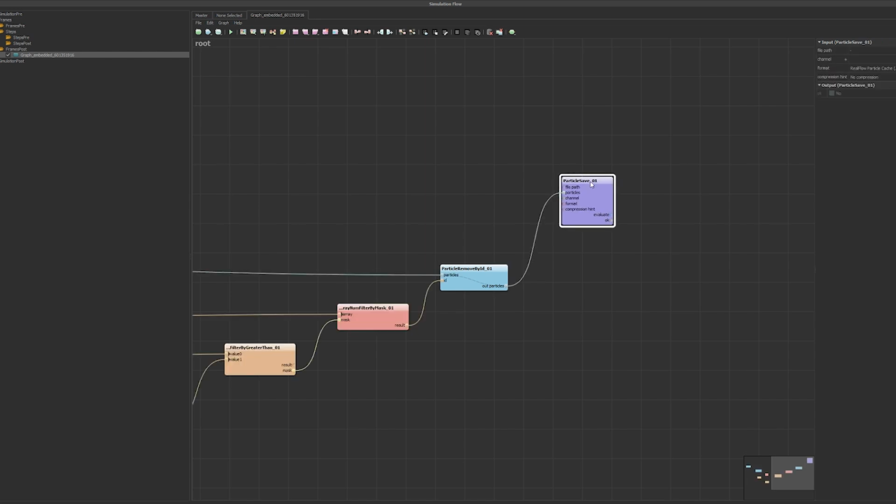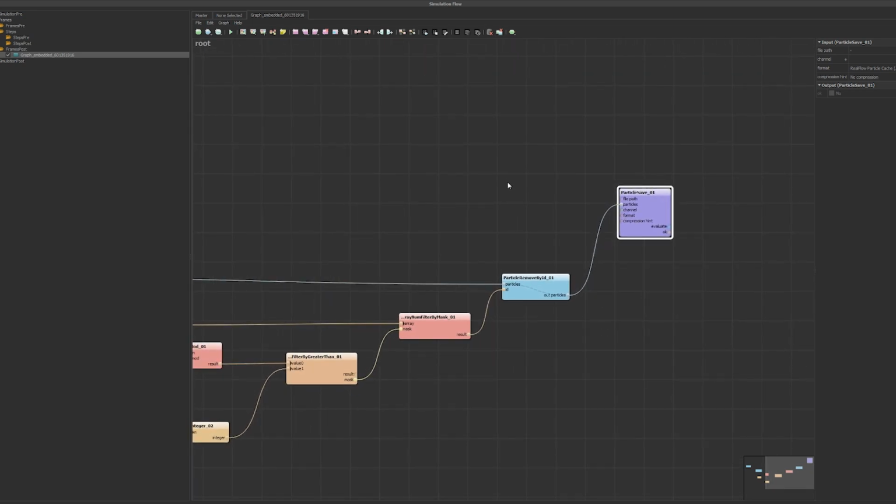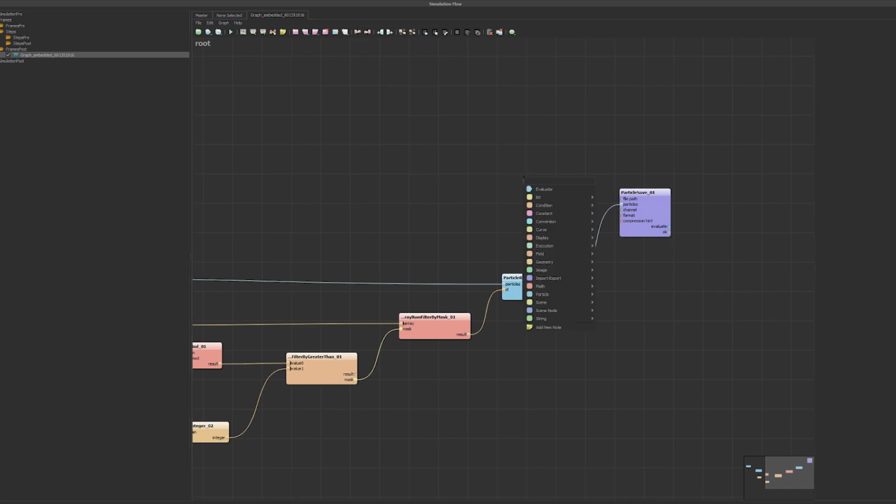And we need to feed it not only the particles, but we also need to feed it the file path, and that file path needs to also have a changing frame number. So I need to create a path compose,